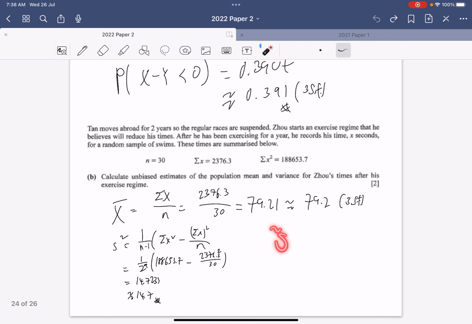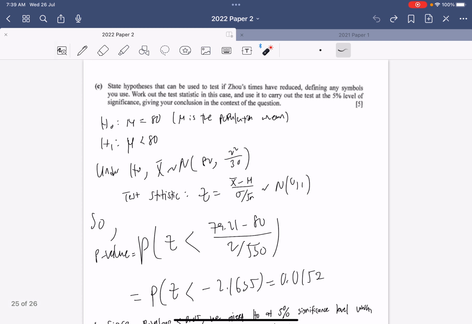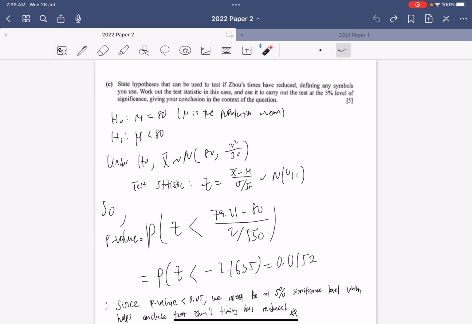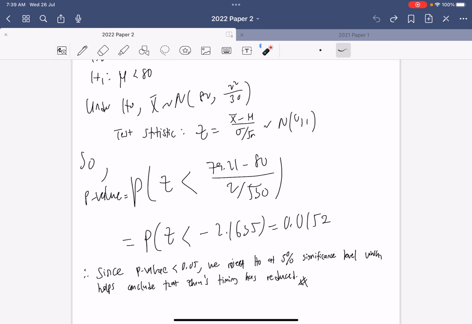For s squared, the formula just follows as 1 over n minus 1, bracket, the sum of x squared minus the sum of x, whole thing squared, divided by n. Then you just sub in the formula and you should get 14.7. With that, we are supposed to carry out a hypothesis test at 5% significance level to test whether the time has really reduced. So to do so, we just need to